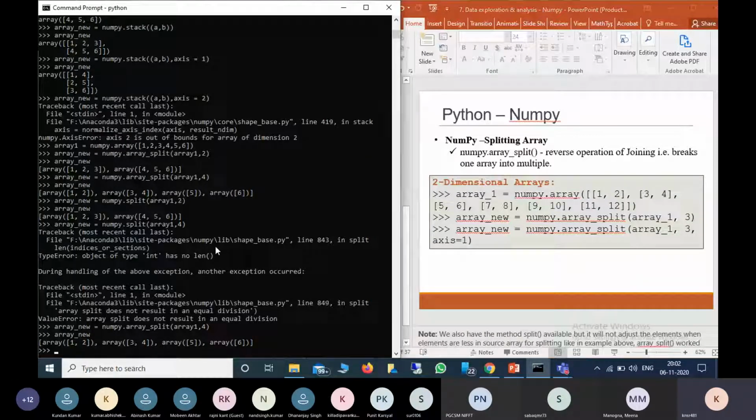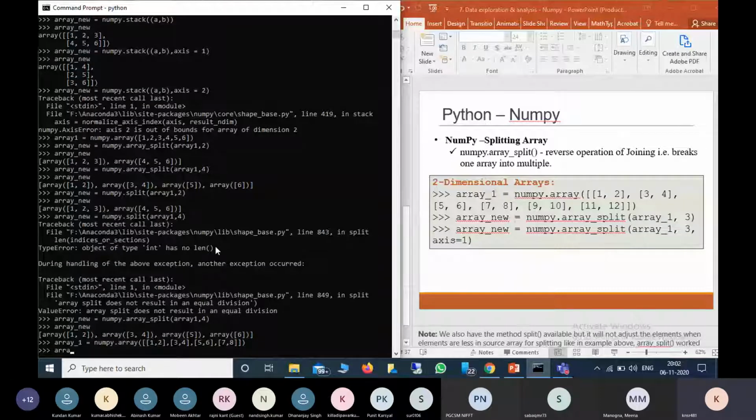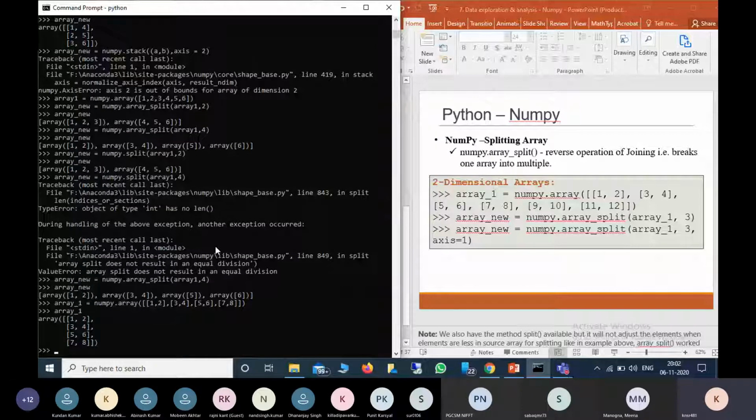So in a 2-dimensional array, for example, we can take array1 equal to numpy.array of [1, 2], [3, 4], [5, 6], [7, 8]. So now array1 is 4 by 2.